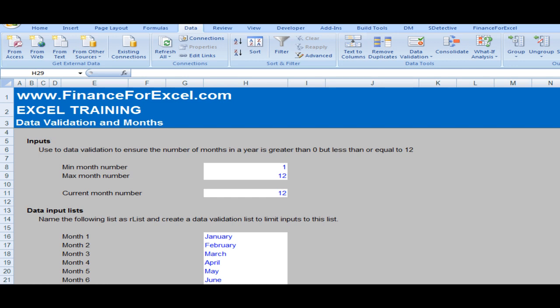Welcome to today's tip. Now, the other day we talked about data validation and yes/no drop-down boxes. Today we're going to take data validation a step further, or look at it from a different angle. I've got two examples here of another way in which to use data validation, and we're going to concentrate on